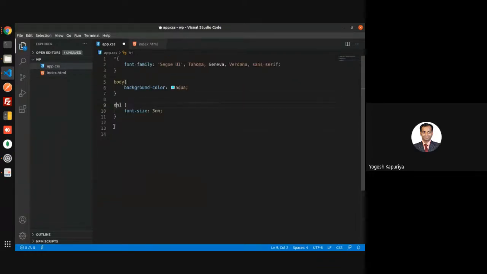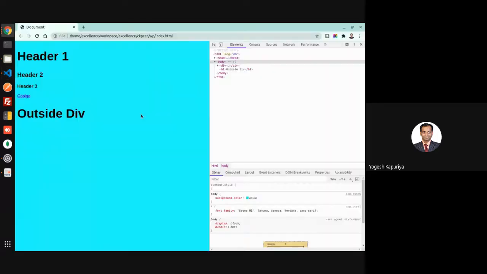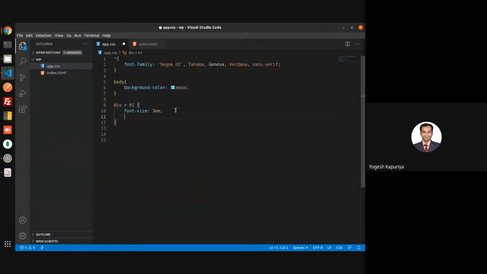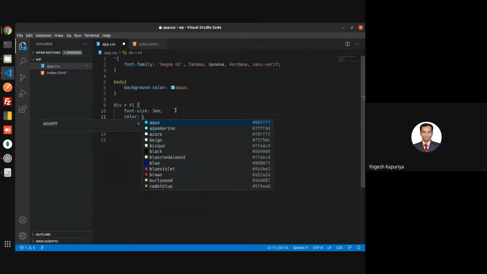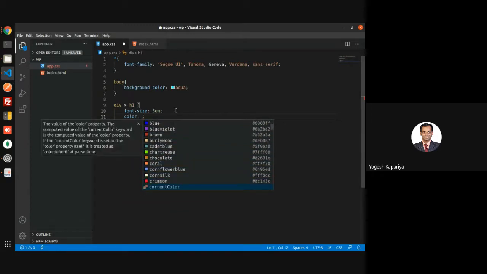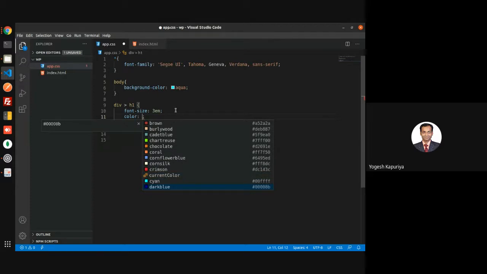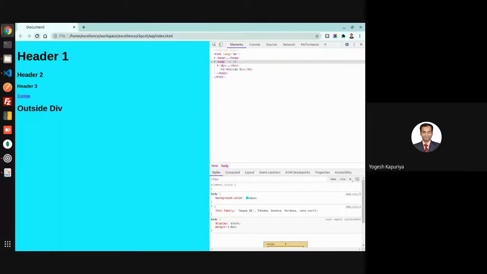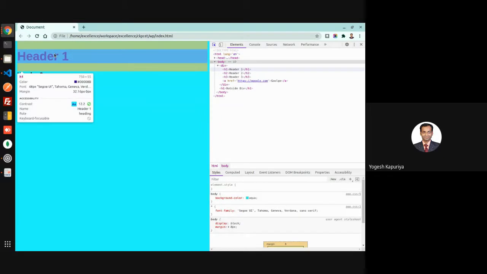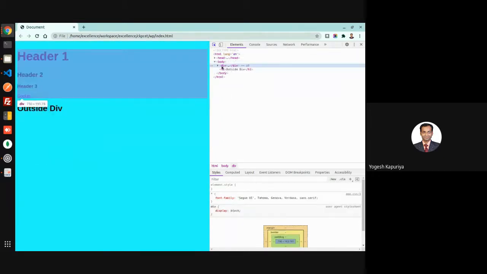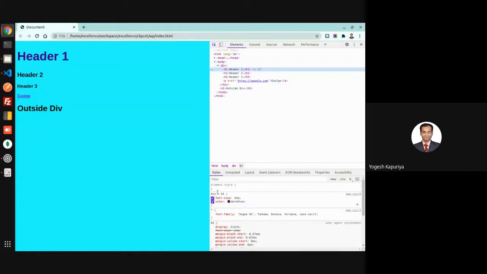So in that case, I'm writing something like this. I think this color is more suitable. What it has done is applied the style on those headers which are under the div. If you observe, this is how it is.